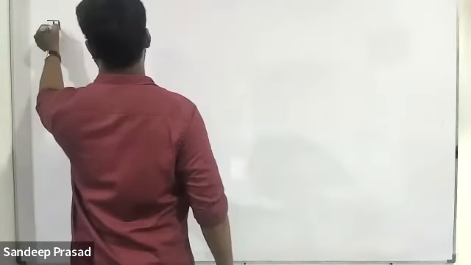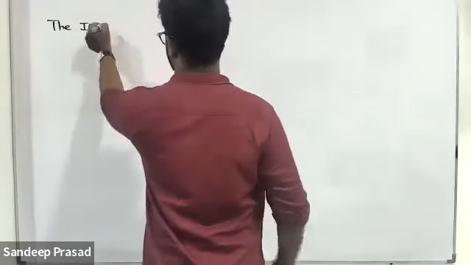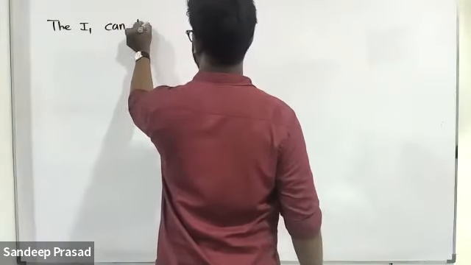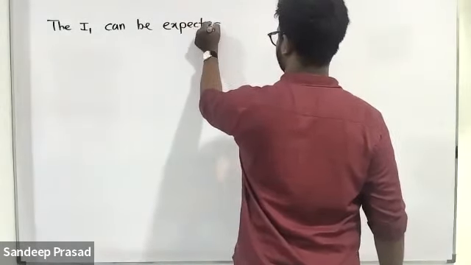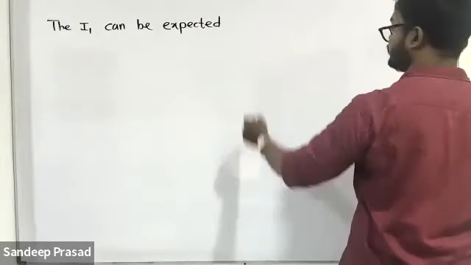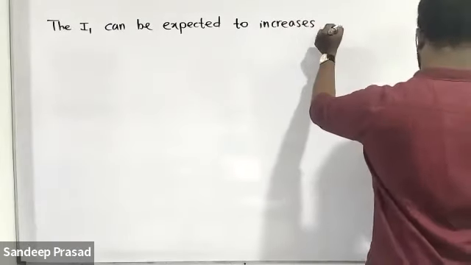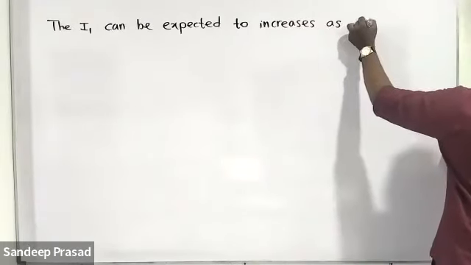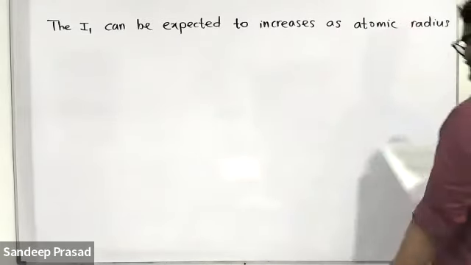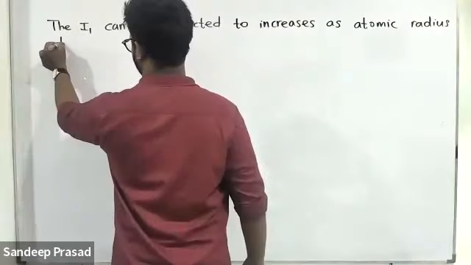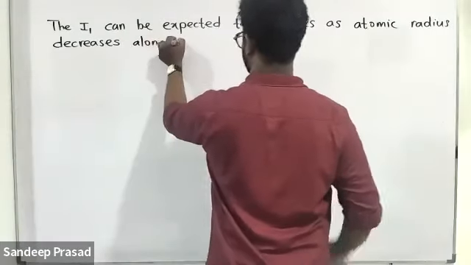The first ionization energy, the I1, can be expected to increase as atomic radius decreases along